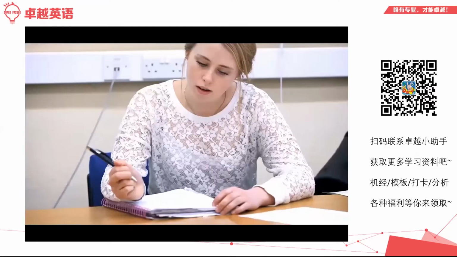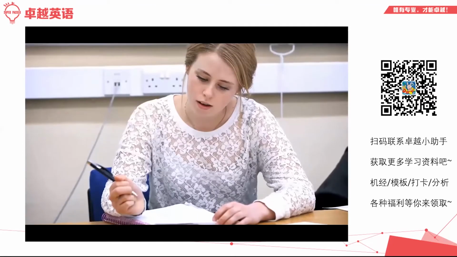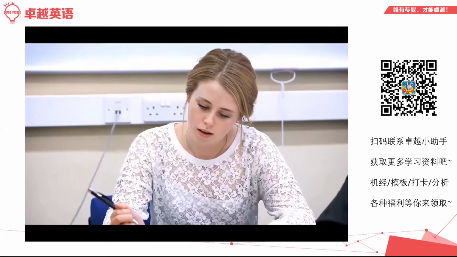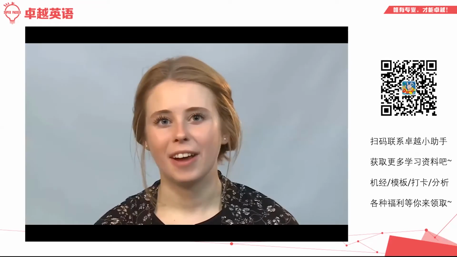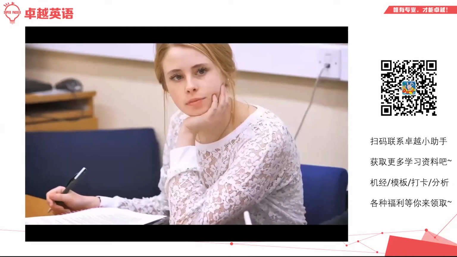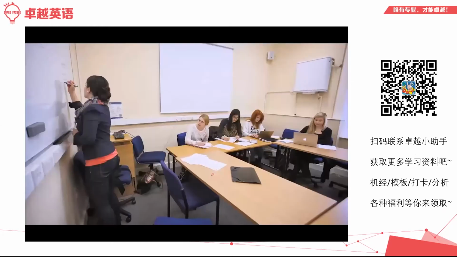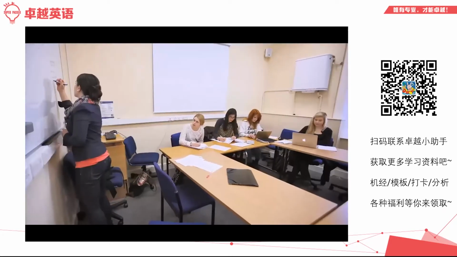Before each tutorial, we're asked to prepare in advance. We're usually given reading lists, which we have to complete before each tutorial. We are given websites to look at, e-journals to look at, and we have to prepare by writing our notes down. In every tutorial, there's about 5 to 15 students, and these are led by the tutors, which are usually